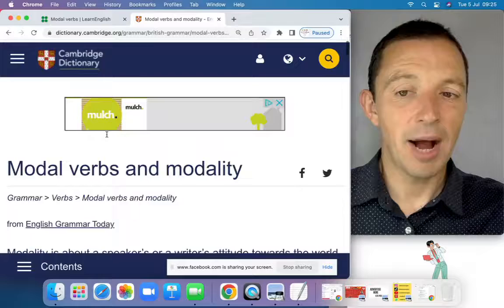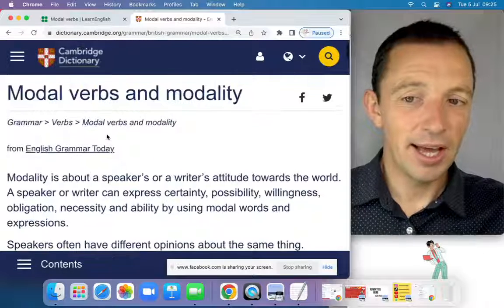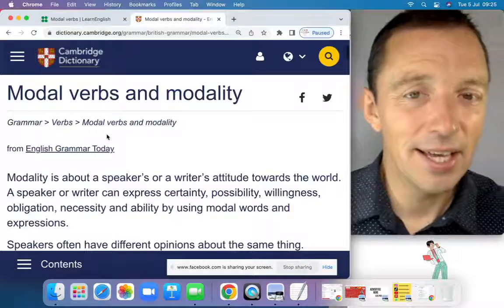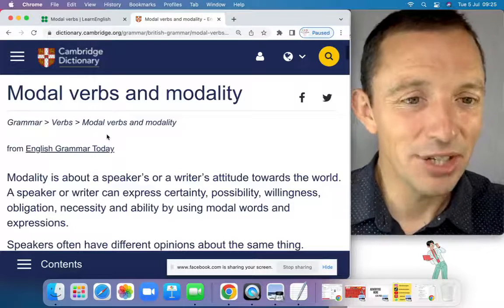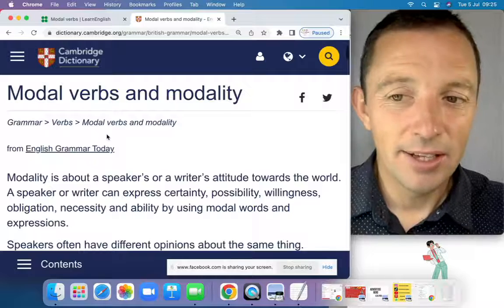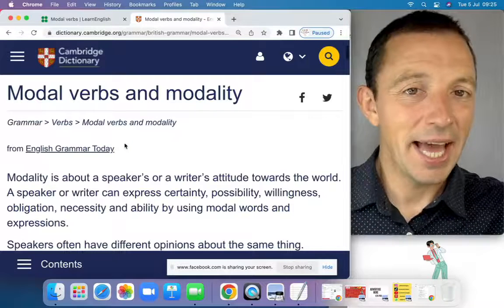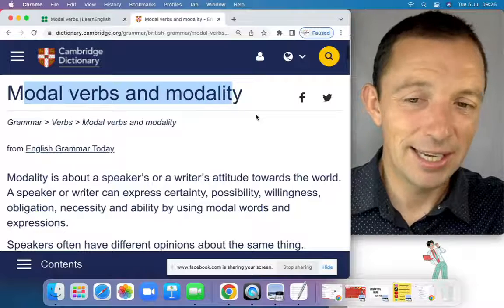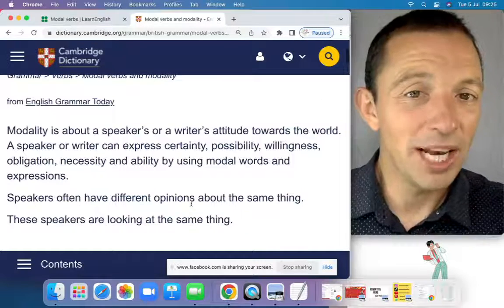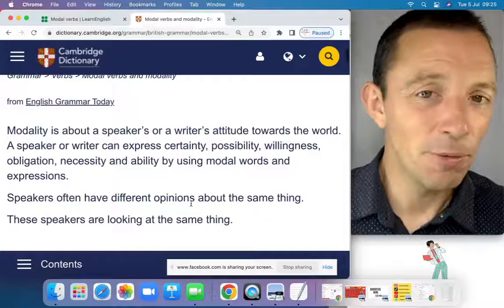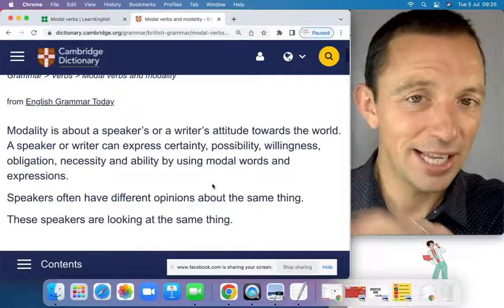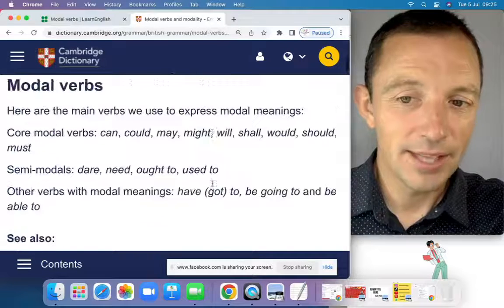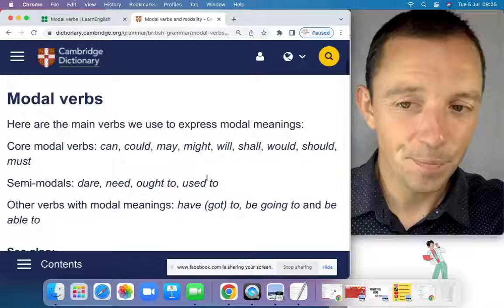So the Cambridge Grammar website is very, very good, and it's an excellent source, and it's full of brilliant information, very clear information. So this website is the Cambridge Dictionary, and they have a section dedicated to modal verbs and modality, which is the same. So if you really want to push your studies about modal verbs, I recommend that you look at this page as well and try to understand the definition, which is basically the same. For example,